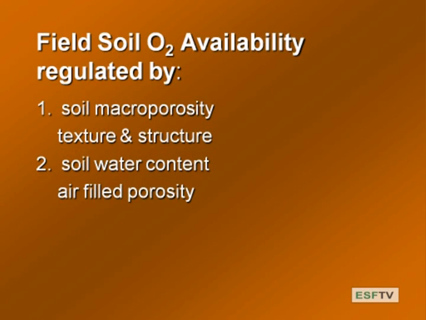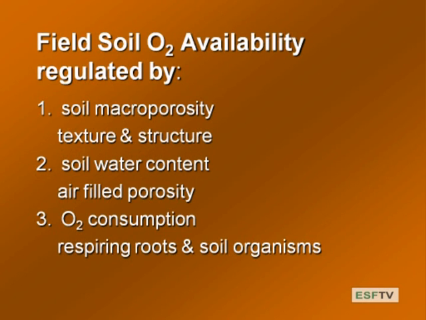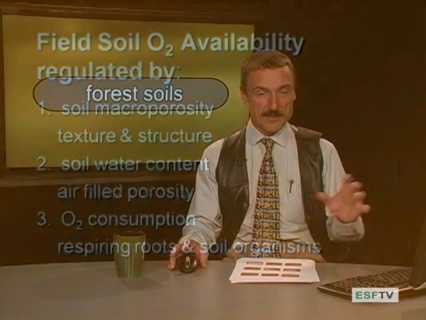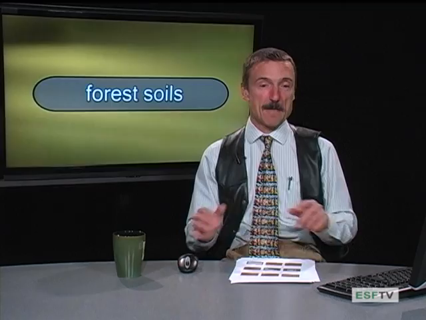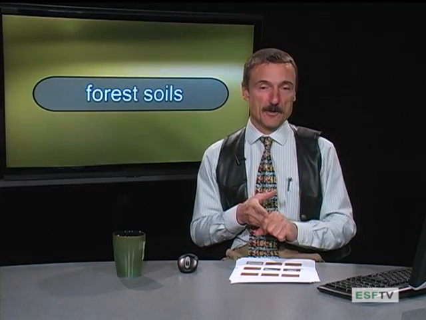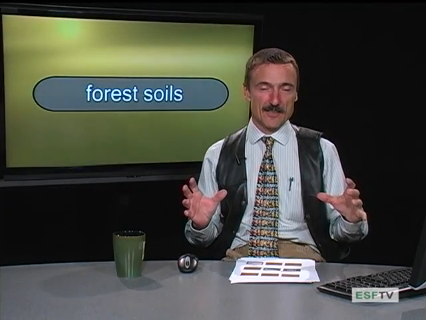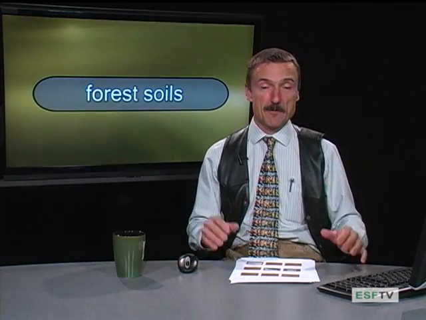So we have macroporosity, soil water content, and then we have consumption, and pretty much we're talking about biological activity. Roots respire, but roots aren't the only organisms in the soil. There's a whole host of other organisms. So we have both autotrophic respiration due to roots and heterotrophic respiration by all the other organisms. The combination of this leads to production of CO2 and consumption of O2. So the biological rates affect this. These are the factors: macroporosity, moisture content, and O2 consumption. These are going to lay the constraints that define for us the sideboards for soil aeration.